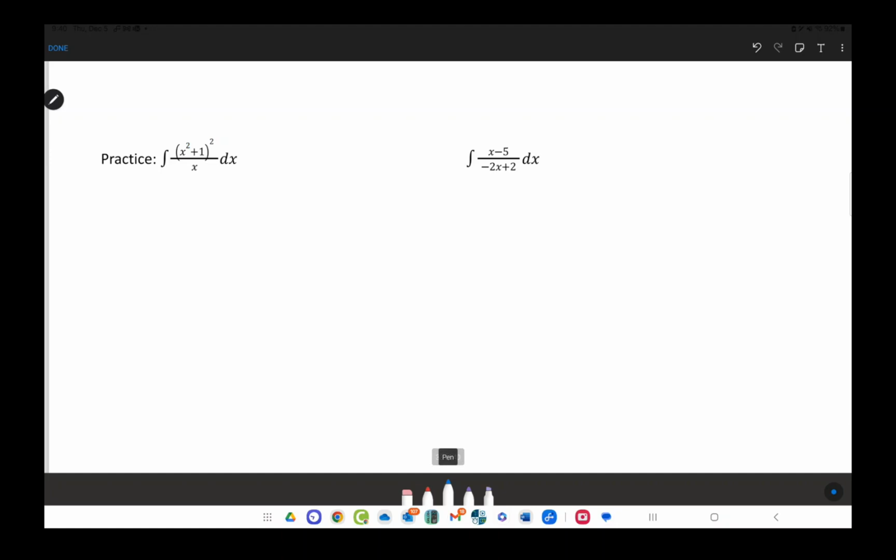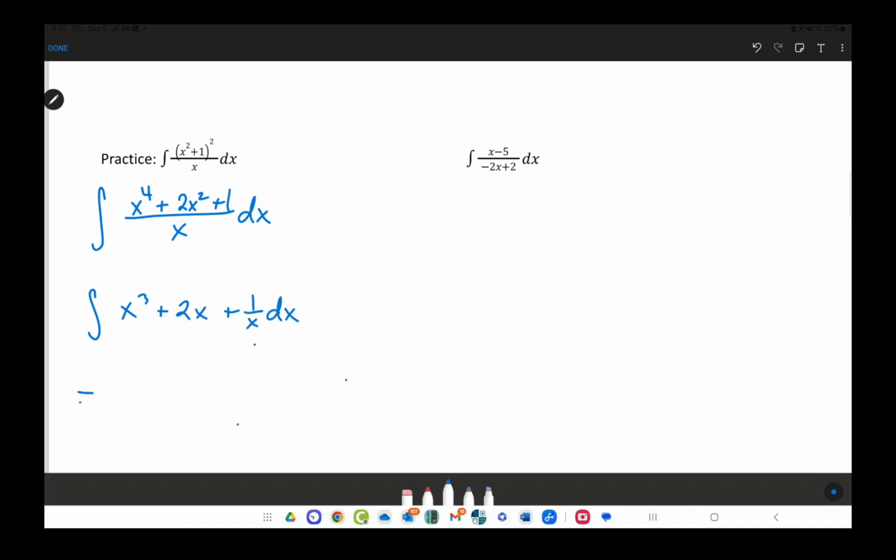Now, the first one's not bad. The only thing is we have to square that first. So we're going to write that as the integral of what? It's x to the 4th plus 2x plus 1. Is that actually right? Yeah. And then we divide. So we get the integral of x cubed plus 2x plus 1 over x dx,